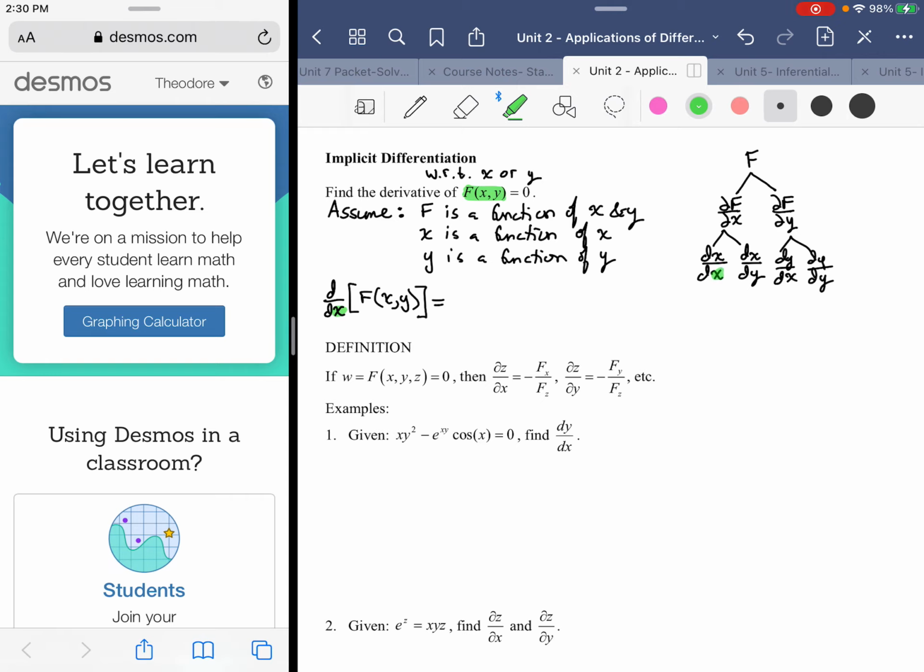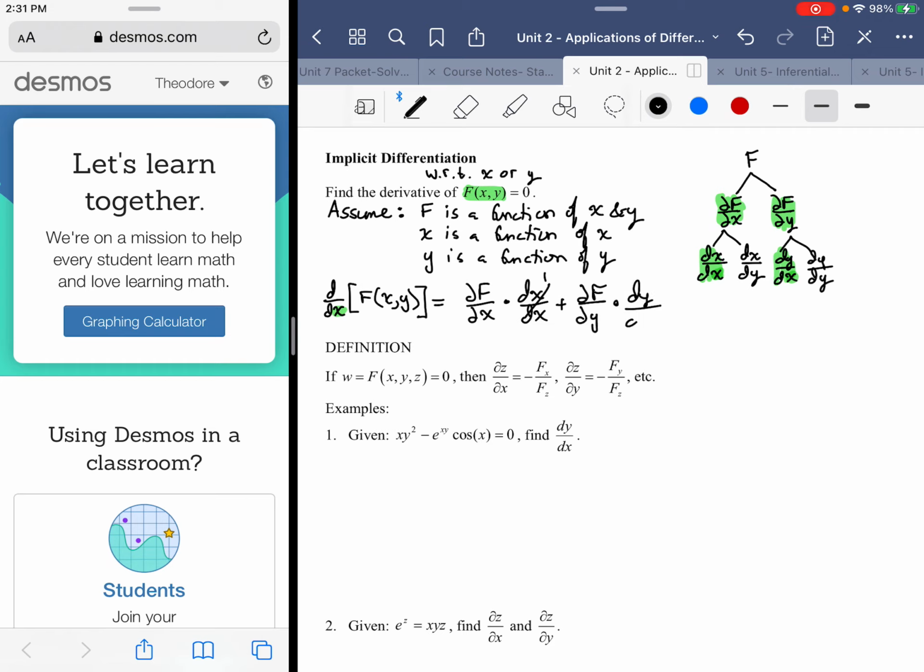That would be these two: going down this road, then going down this road. So I could say it's partial f with respect to x times dx dx, which just amounts to a 1, plus partial f with respect to y